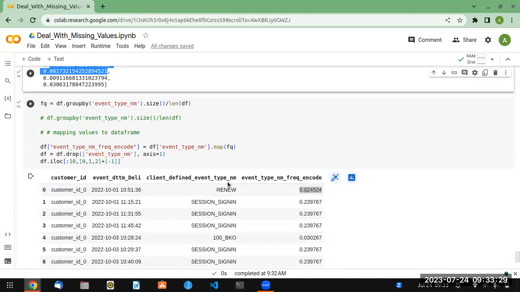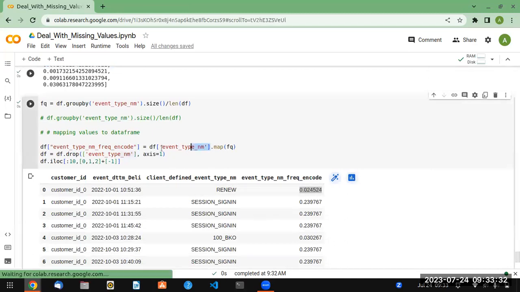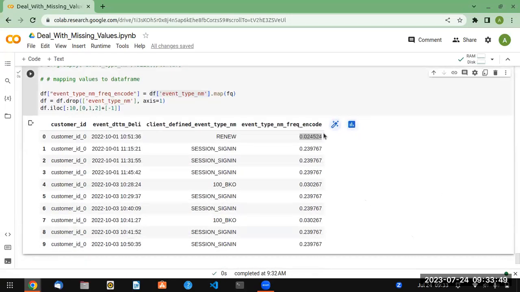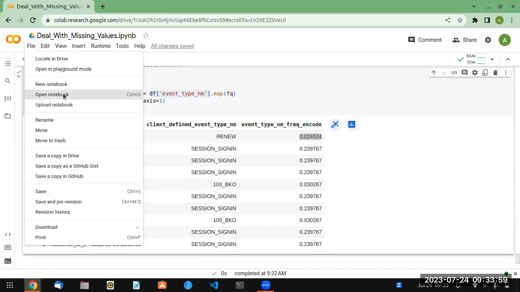Okay, and once you start mapping this, the respective frequency values are now the encoded values. Basically, we just need to convert this category into numbers so that the machine will understand, and here we are doing frequency encoding to convert it. Okay, guys, so this is all about dealing with missing values. And today we are going to see